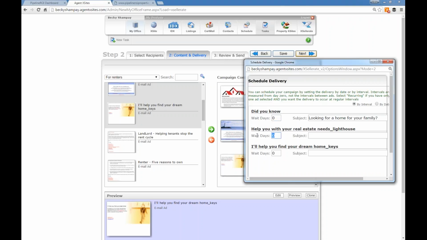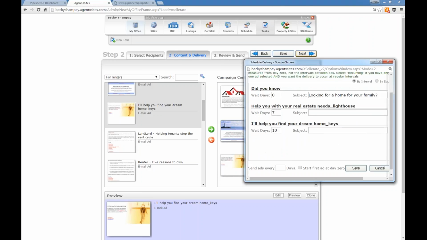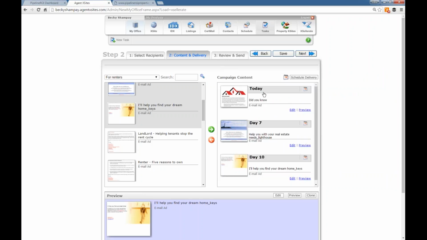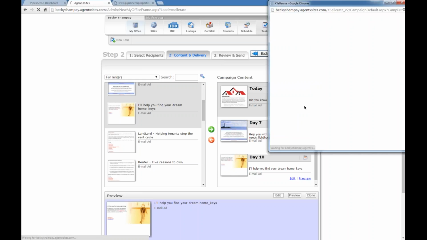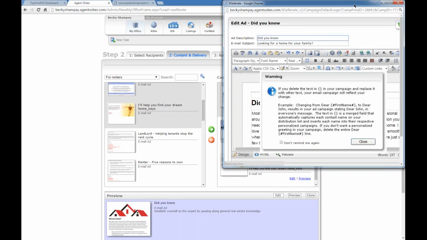And then let's say I want the next one to maybe follow up with them a week after, and then the next one maybe 10 days after, and then it'll go at whatever day they enter that, and you can enter in the different subjects, or you can set it to send it out every 5 days, 3 days, however often you want to do that. So you just hit save, and then you can see how these order themselves, so you can see who's going to get what when. So I am going to click on edit,